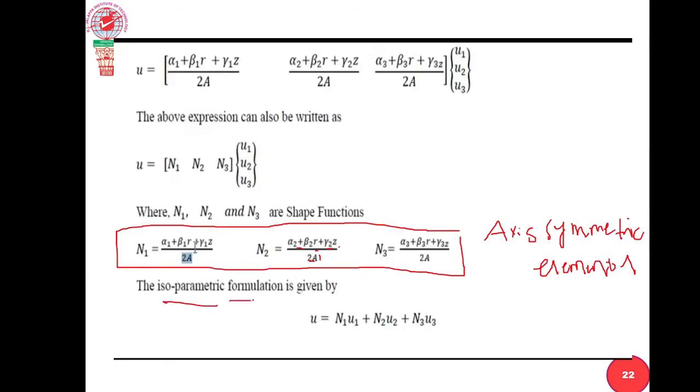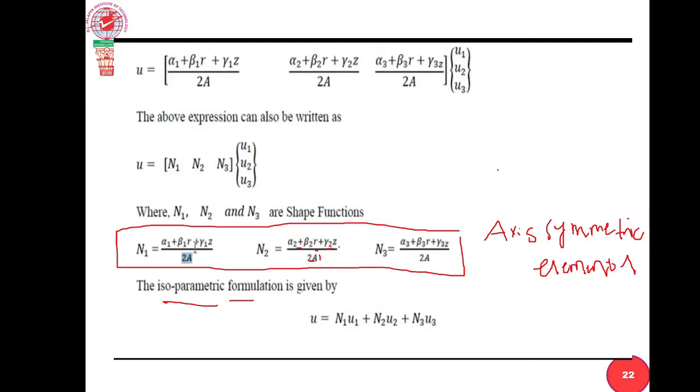Suppose if we consider the isoparametric element formulation, what do isoparametric elements mean? What do you mean by isoparametric? Where did you discuss this topic, isoparametric elements? Tell me what isoparametric means. How many times have I asked this question? So many people answered. Now tell me, what is isoparametric?